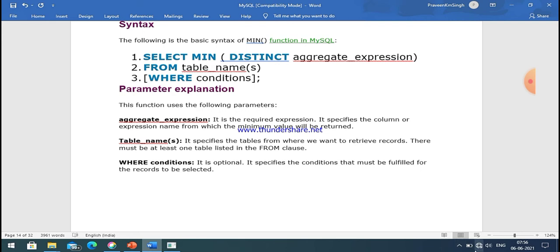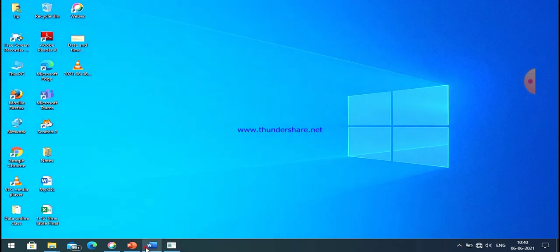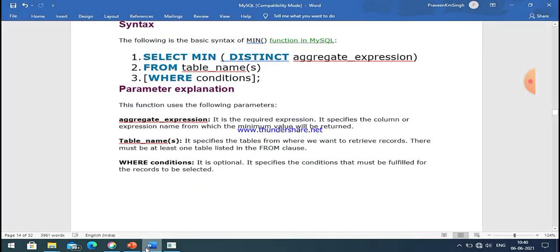Okay, but that is the syntax. You can write distinct or all.